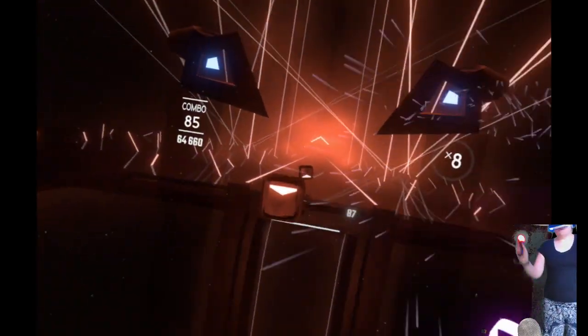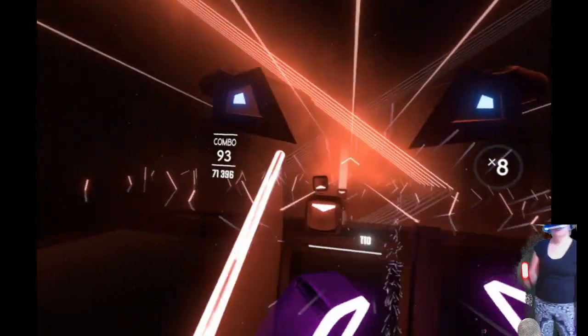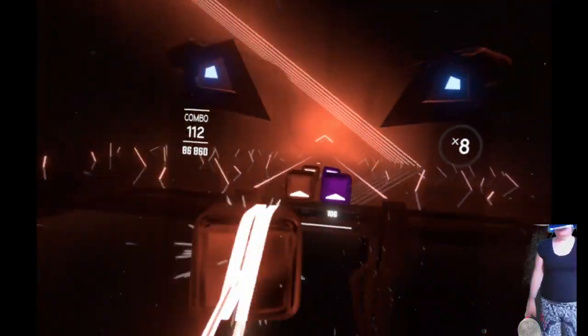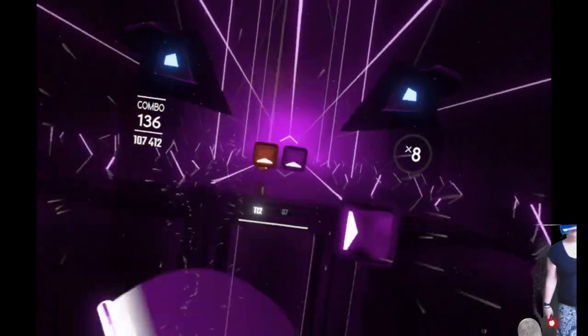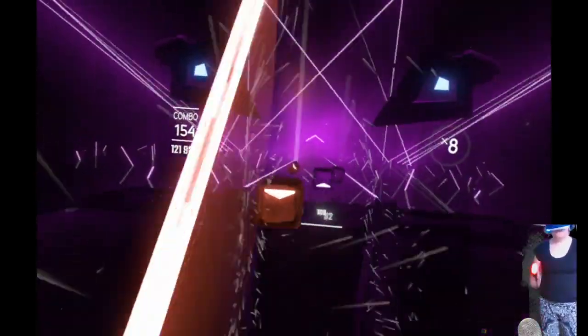And when I'm in trouble I can recover, because I can stretch forward to hit things sooner and I can stretch back to hit things later. And so unlike a traditional push-buttons-when-stuff-is-in-the-zone rhythm game, there's more leeway for me as a player to work with, and that's at the core of Beat Saber. It's trying to make me feel as